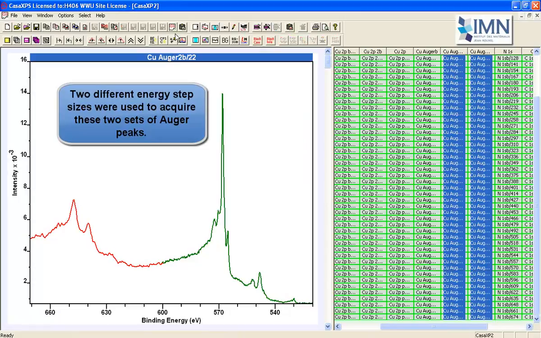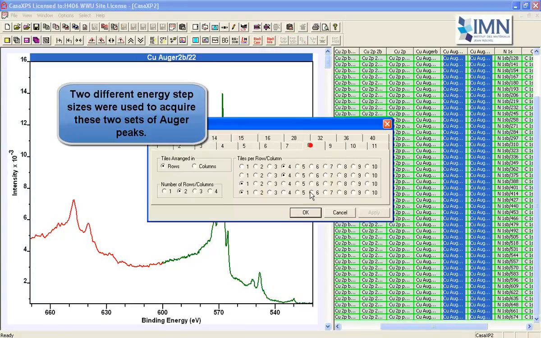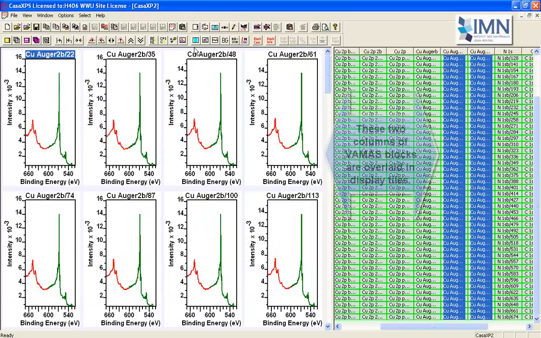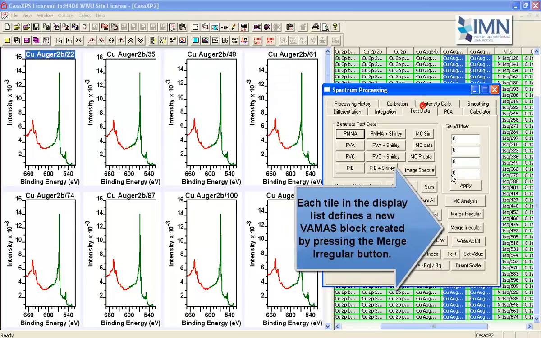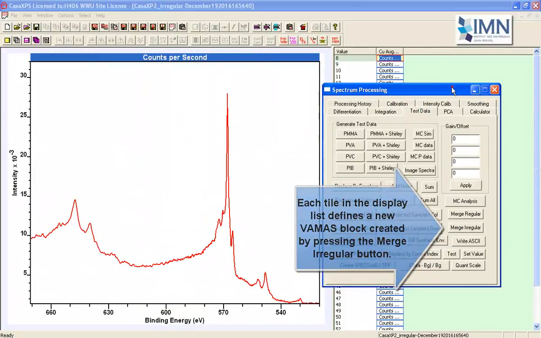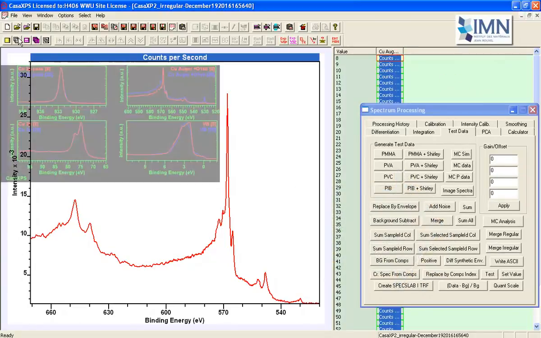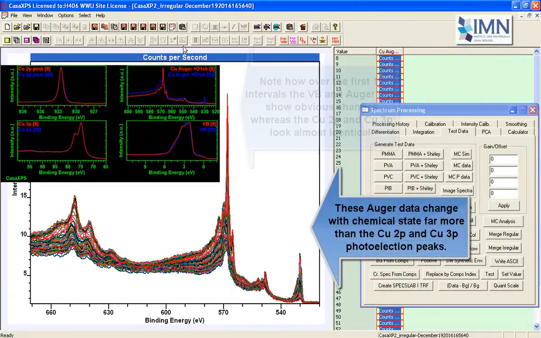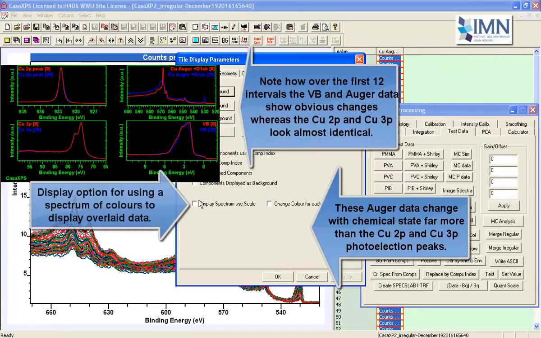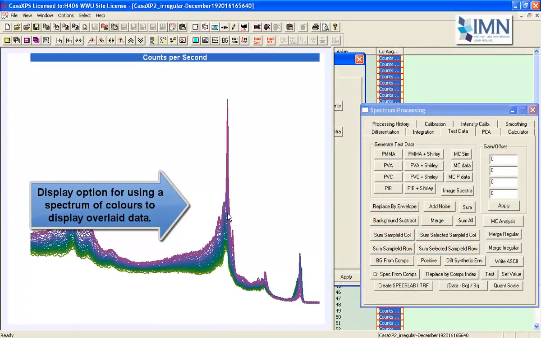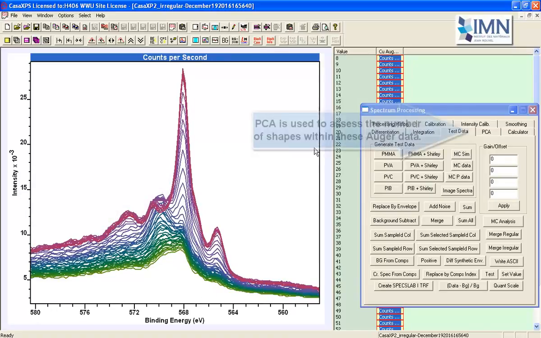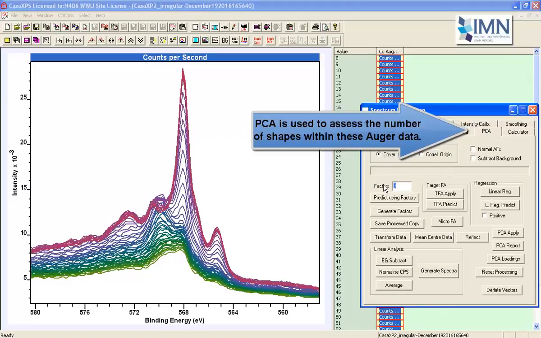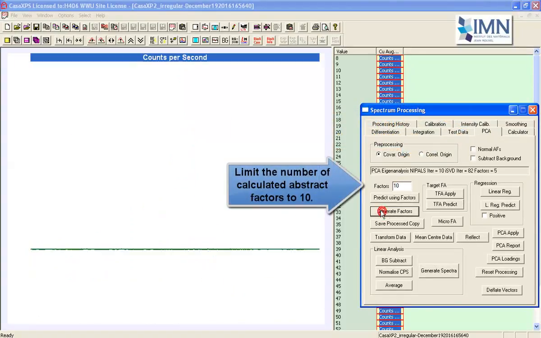And we've got data now that allows us to interrogate the changes in this material using Auger lines, and we've also got valence band and a range of other measurements that we've performed, but we're going to focus on the Auger lines right now. And we've combined a pair of Auger measurements, actually at different step sizes, so that we didn't have to spend so much time acquiring the broader features of these Auger lines, and we could focus on these more characteristic shapes for the Auger line for metallic, where we have some structure there that we would like